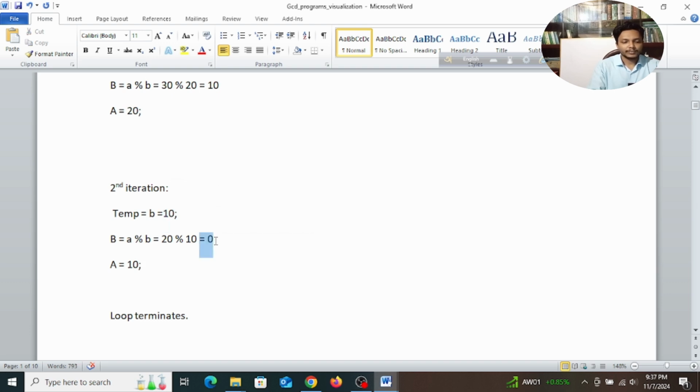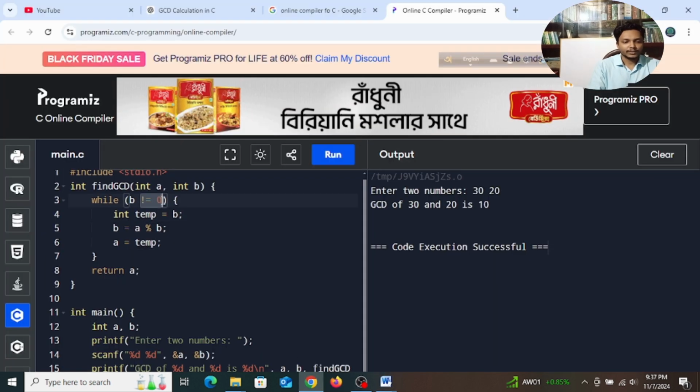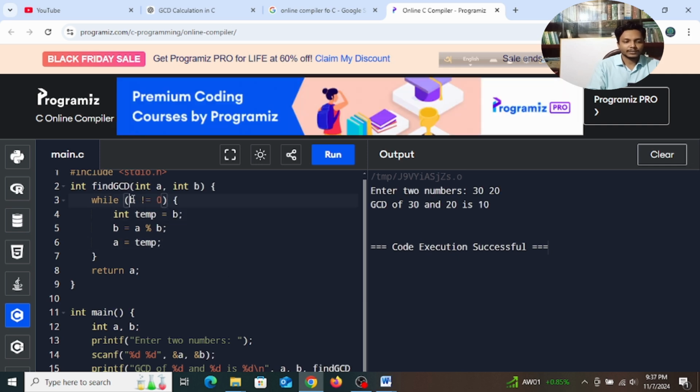After the second iteration b is 0, so b not equal 0 proves false, right? This condition is false now, so we can't enter into the loop again. So we are terminating from the loop and we are returning a. So what is a? a is 10, right? So this is how we get the GCD, guys. So after finishing this loop,